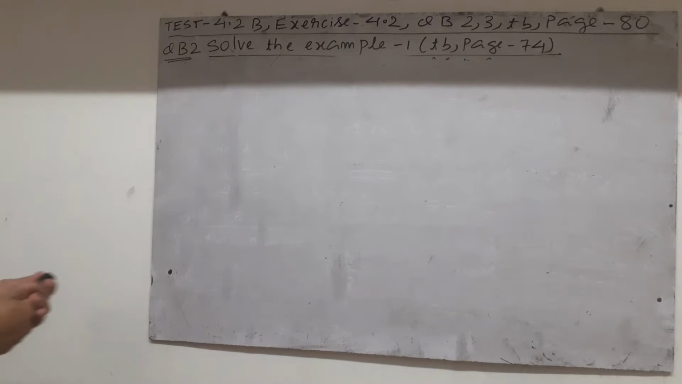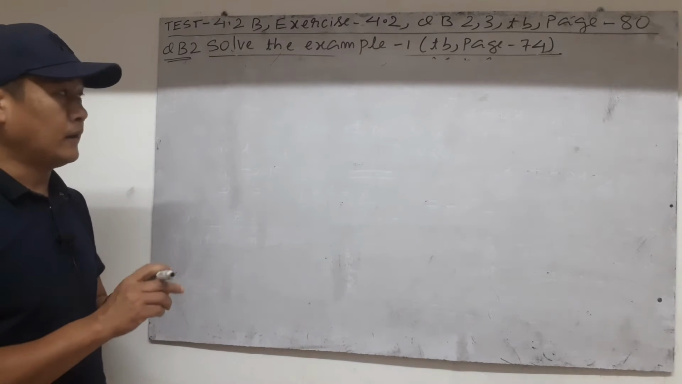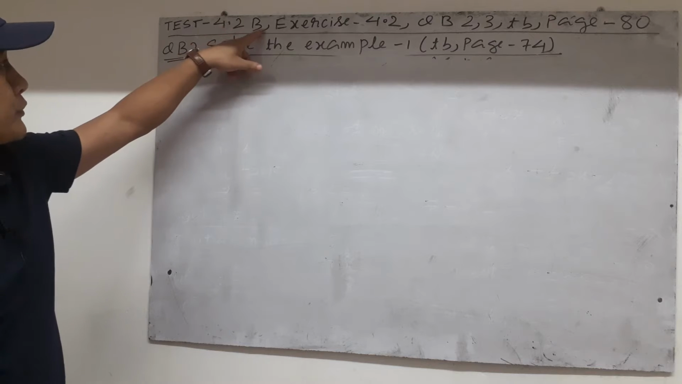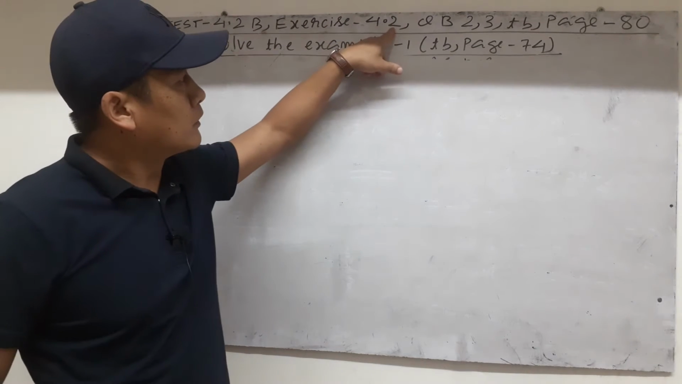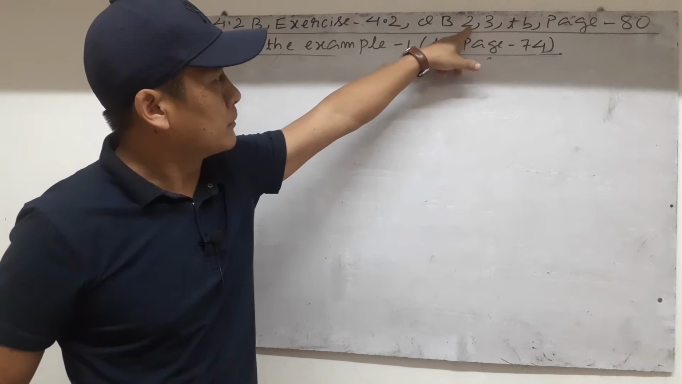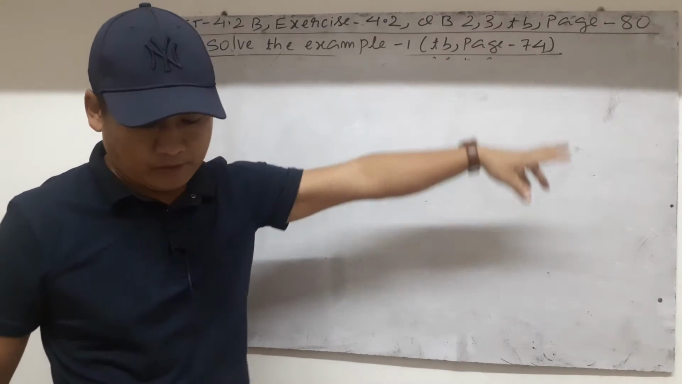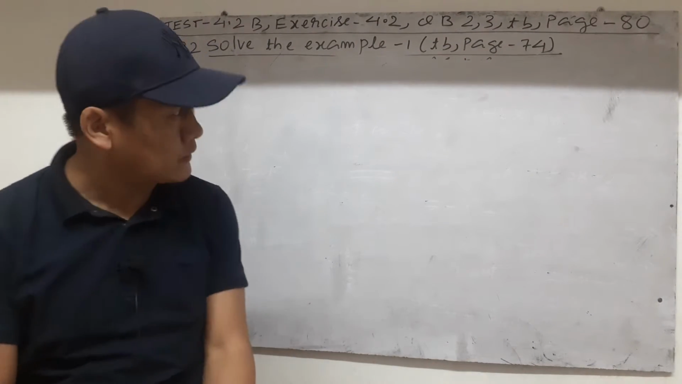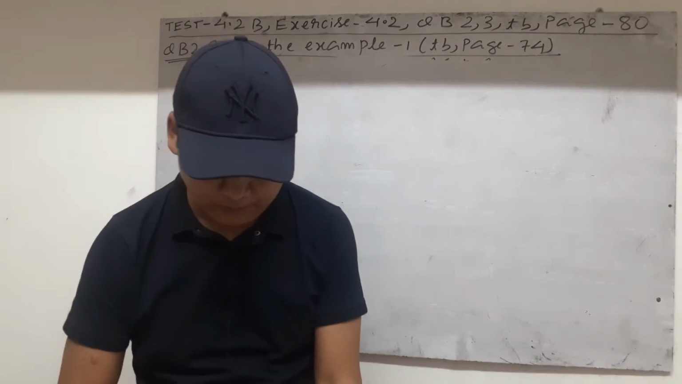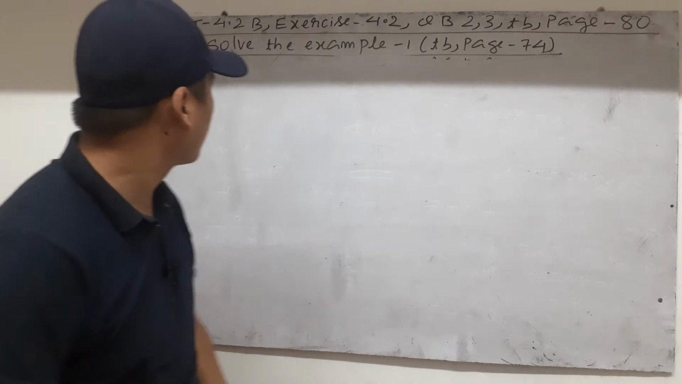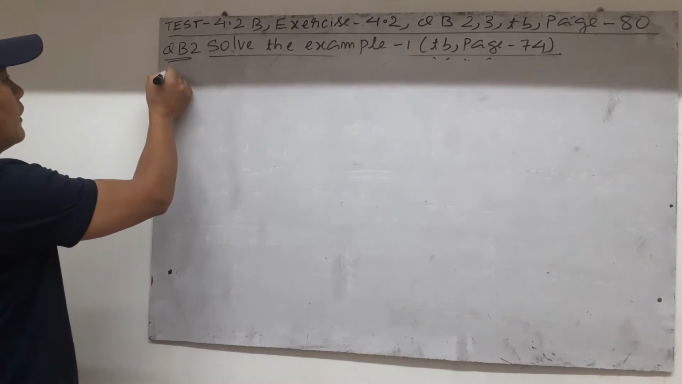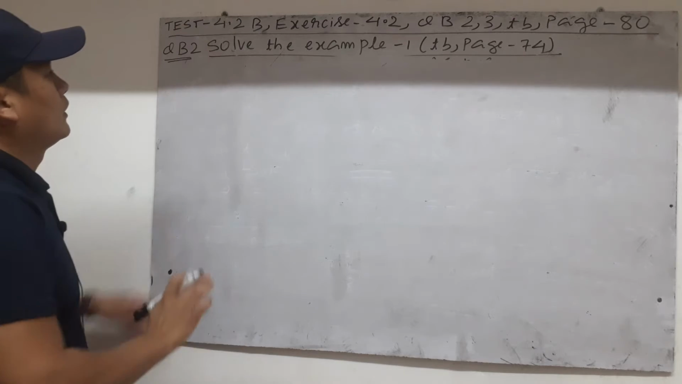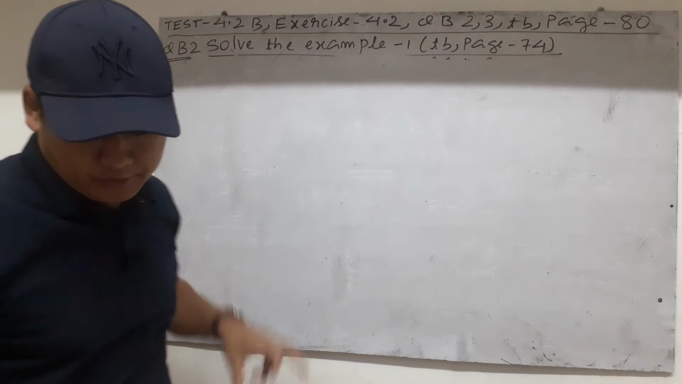Okay, so the next test here, you can write it down. Test 4.2B, exercise 4.2, these two questions, B2 and 3 on page 80. Read the question B, question B1, B2. So the question reads on page 80,